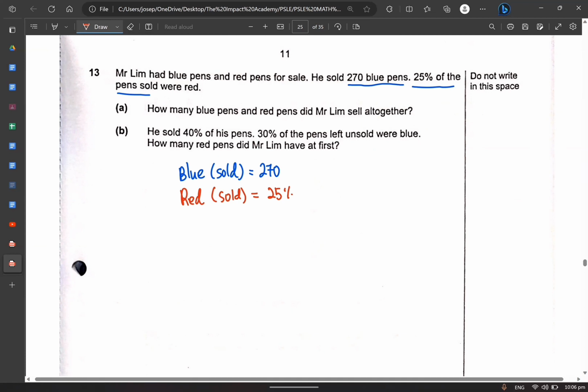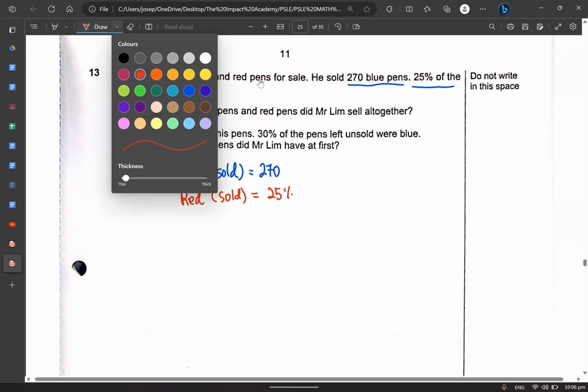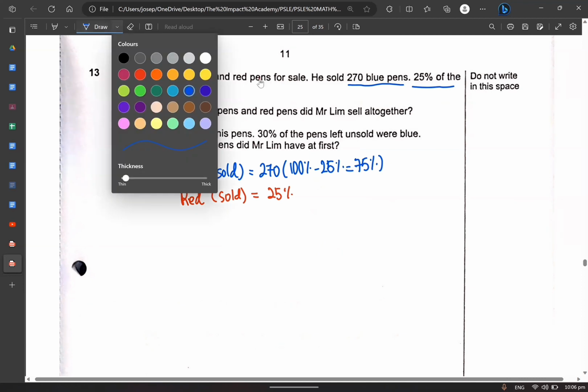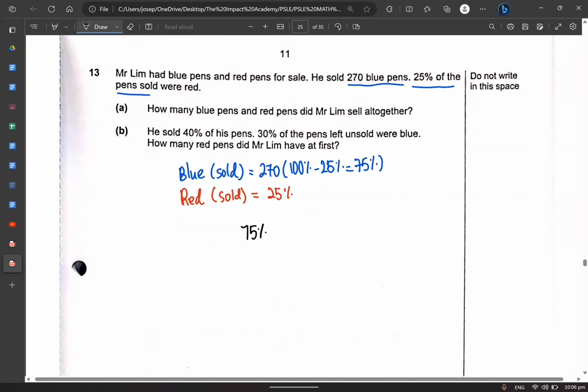What is the hidden information? Okay, so this is something that I always remind my students, right? Whereby you have to find the hidden information. So you know that this is 100% minus away 25%, and we get to 75%. All right, and because we know that 75% is equals to 270, we can find 1% first,